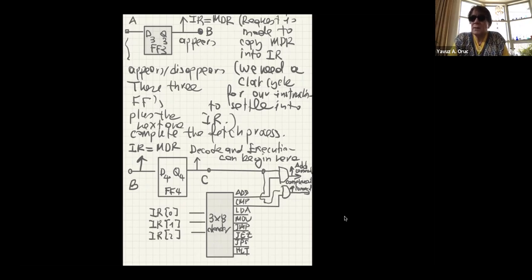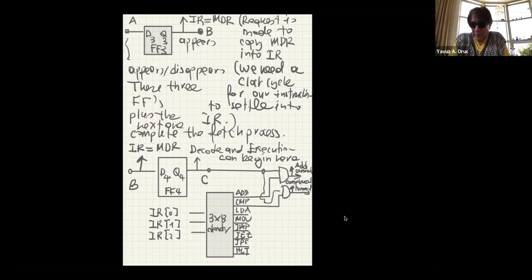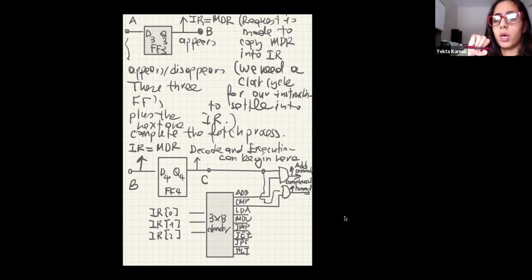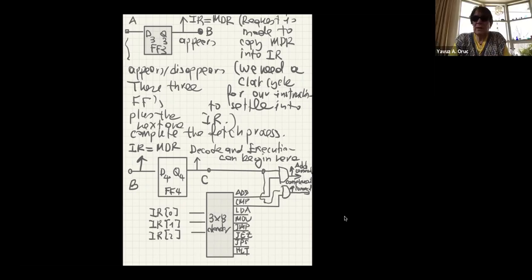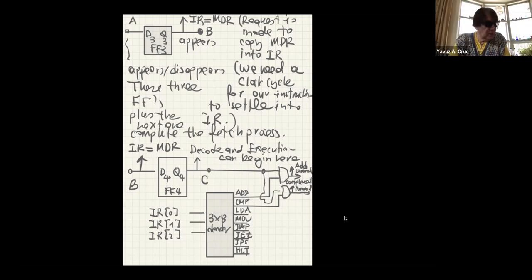What is the question? I'm asking, have we not reached the execution part, or the 3x8? Yeah, we are in the decode and execution. As it says, decode and execution can begin here. Oh, both of them are okay. It says it can begin here, and we just began doing that. Yeah. So now let's go and take a look at